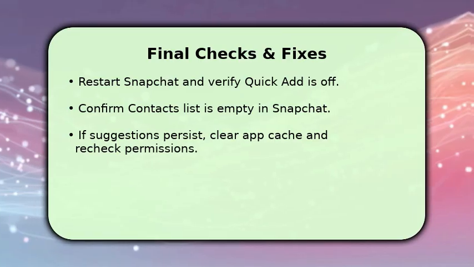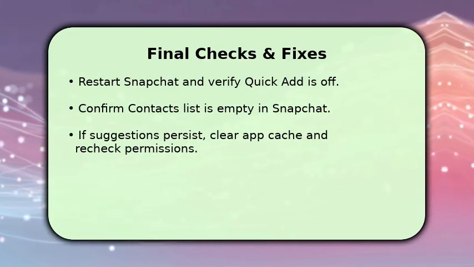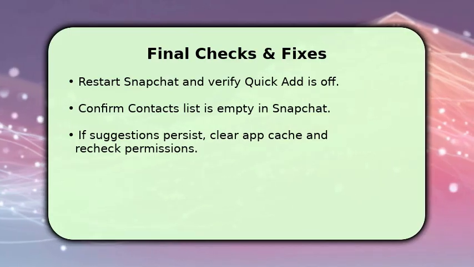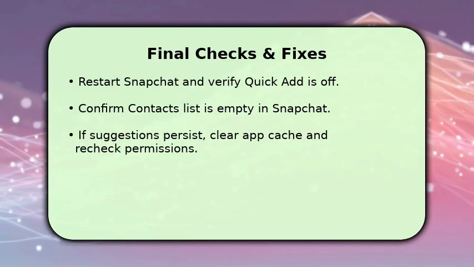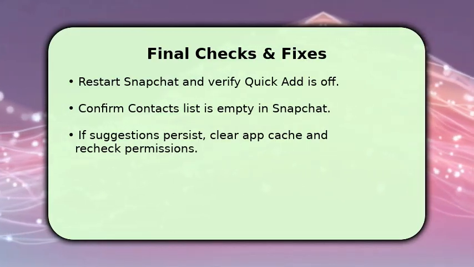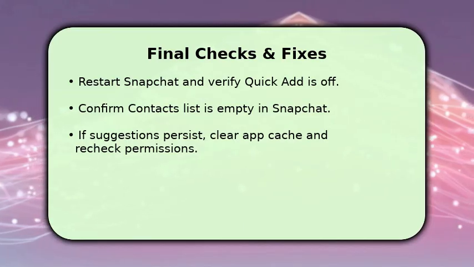If you still see Find Friends suggestions, clear the app cache from settings, force quit the app, and recheck your phone's contacts permission. Sometimes it regrants after updates. If that doesn't work, sign out and sign back in, then verify again. This final troubleshooting tip, clear cache and